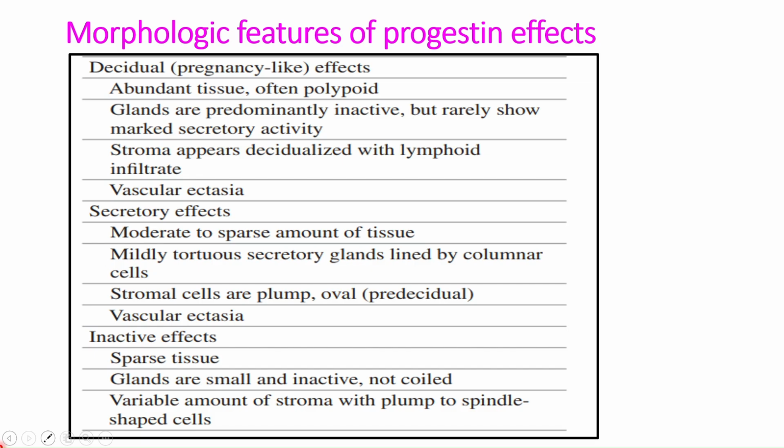While in secretory effects, there is a moderate to sparse amount of cytoplasm, mildly tortuous secretory glands lined by columnar cells, and stromal cells are plump, showing pre-decidual change. So this is decidual change here, pre-decidual change, vascular ectasia,